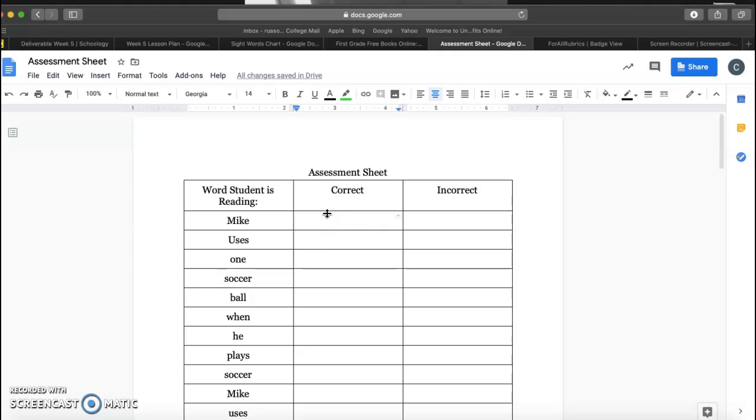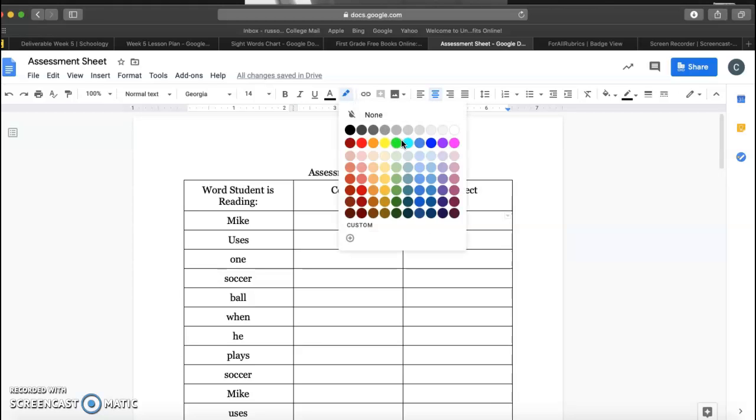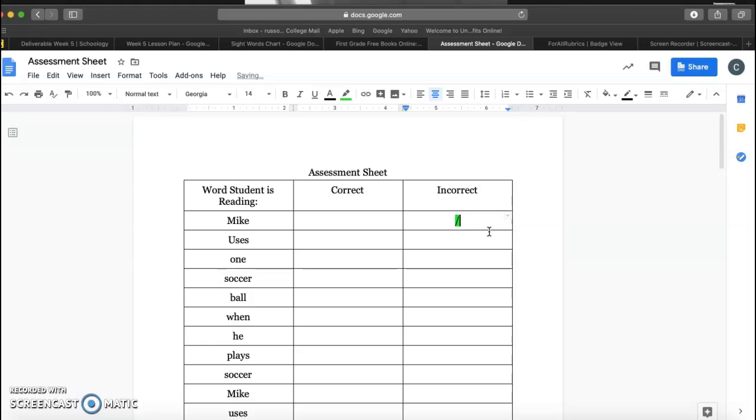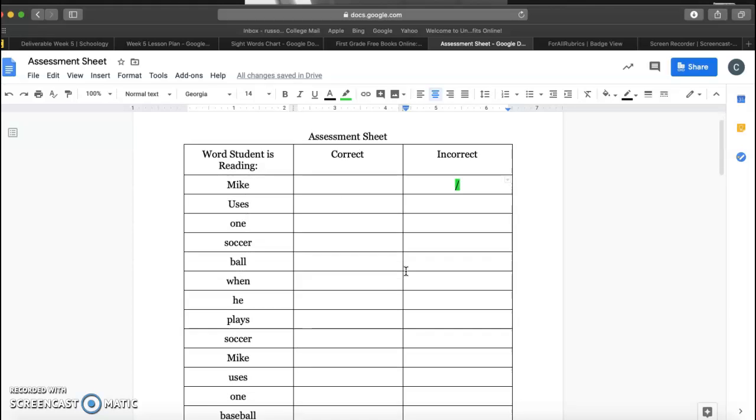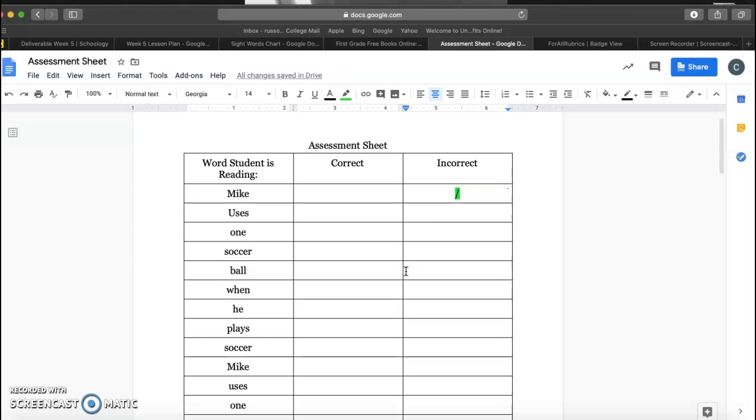If the student reads it correctly, then I will put a slash in the correct box. But if the student reads it incorrectly, then I will put a slash or a mark in the incorrect box. And this is an easy way for me to look at what they got correct and what